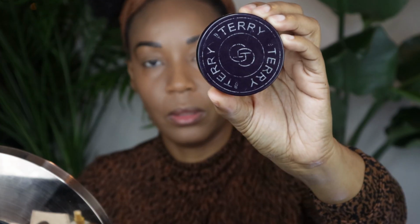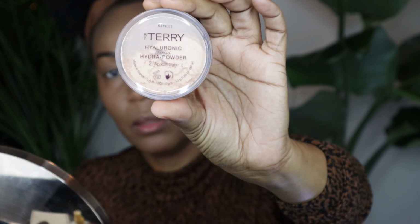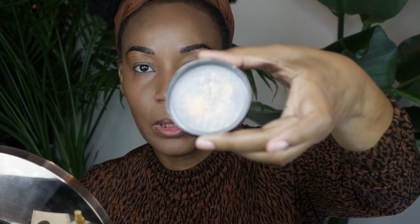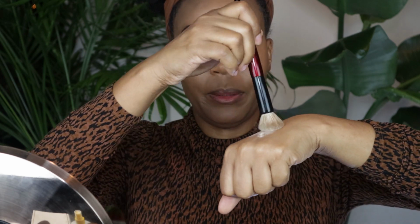Okay, so I am going to set my concealer with the by Terry Hyaluronic Hydra powder, and I am going to set it with the color number 2 Apricot Light. I have 2 colors, and I usually just shake a bit off in the top, and this is what it looks like. It has a slight apricot-y color, and I'm using my